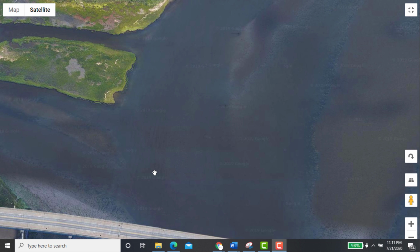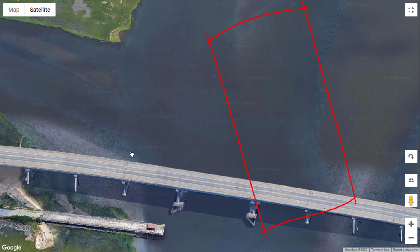So you can see from the satellite view, the water again on the incoming is going from the bottom to the top, and you can see it's splitting off a little bit into this shallow channel. It is very shallow in here. There's a little creek that comes in here, and then it comes up into another main channel. We've got some shallow areas over here. So really what I'm going to be doing is trying to fish the structure. It's a very busy highway for boats here, so lots of boat traffic coming through, so being in a kayak I need to kind of stay out of the way, so I tried to avoid staying out in the middle section here and really just targeted over in this section here,